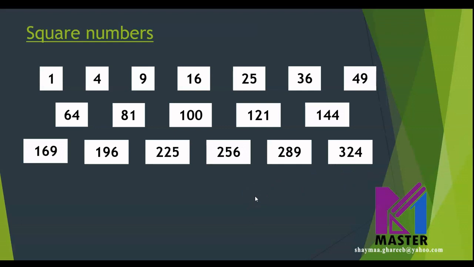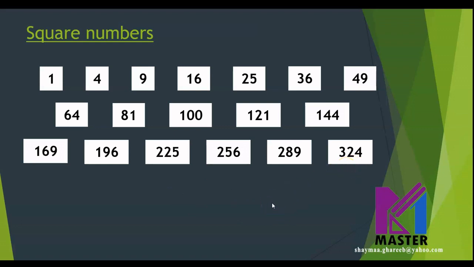So these are some square numbers in order, starting from the first square number, which is 1, up to 324,